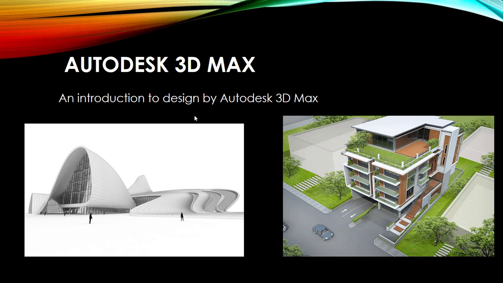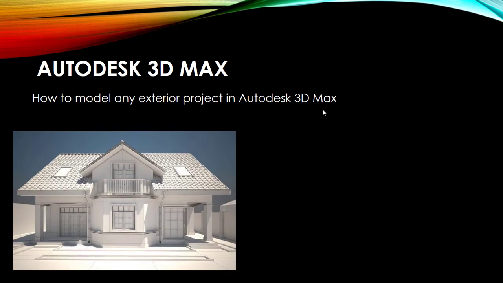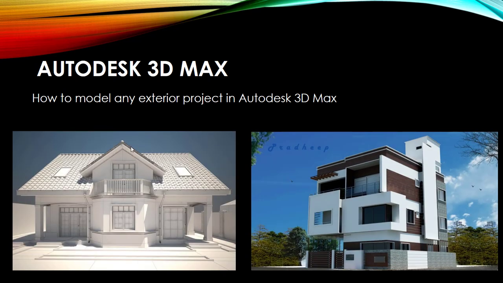So basically this tutorial will be divided into mostly 4 parts. The first part will focus on how to model any exterior project in Autodesk 3D Max. What we mean by modeling is how to build this project from zero, from scratch, firstly by using 2D dimension and then converting it to a 3D dimension,